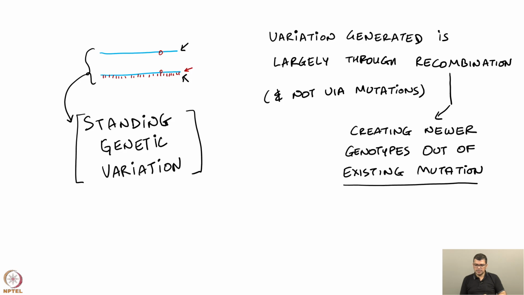The point being that there are two different ways of looking at evolution of a population, depending on whether you are looking at asexual populations where evolution happens via novel variation, newer mutations that happen, versus if you are looking at sexually reproducing organisms where we are looking at standing genetic variation or the variation that already exists in the population. And for the purpose of this course, we will stick with prokaryotes, but it is important to understand and distinguish these two scenarios, and we will not come back to sexually reproducing complex organisms.